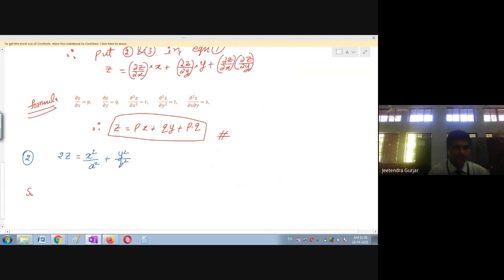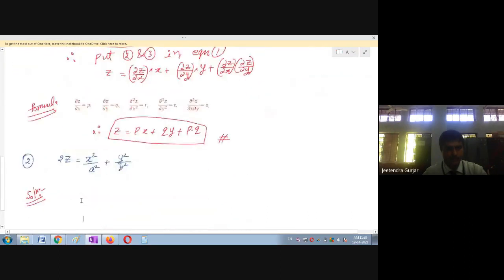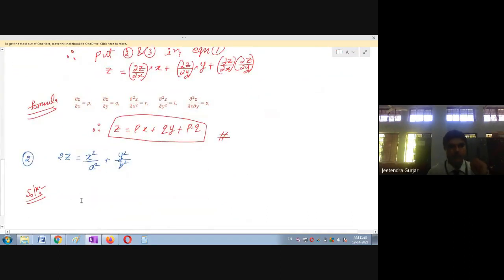So, solution. In the first example, I have given all the details, all the steps I have written, and I have made it very simple, right? How we are going to eliminate A and how you are going to eliminate B. Similarly, here also we'll do the same thing. See here what we have again. A and B are constants. Am I right? Okay. Then we have to eliminate A and B, but in a different way. See, there is a word: different way. Now see,